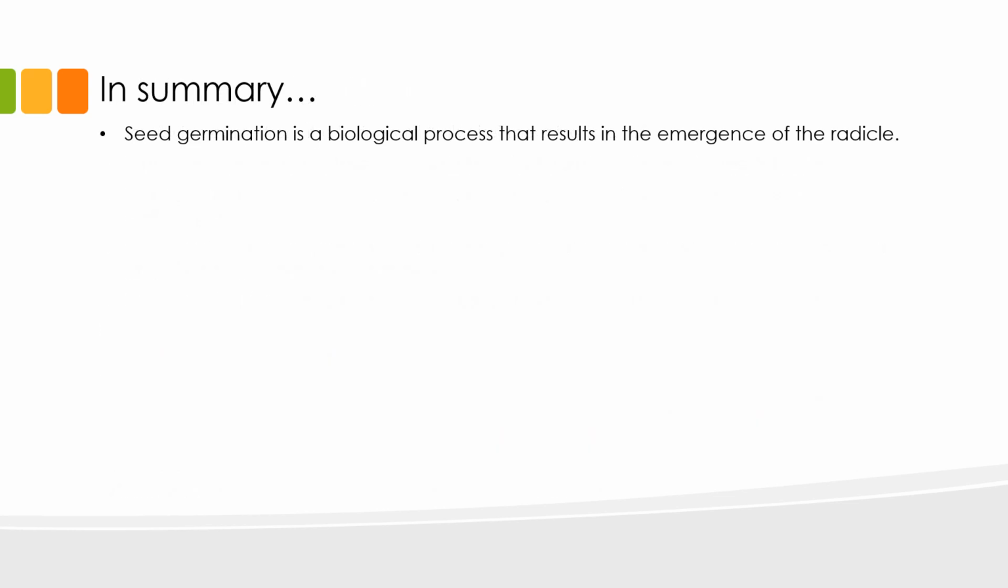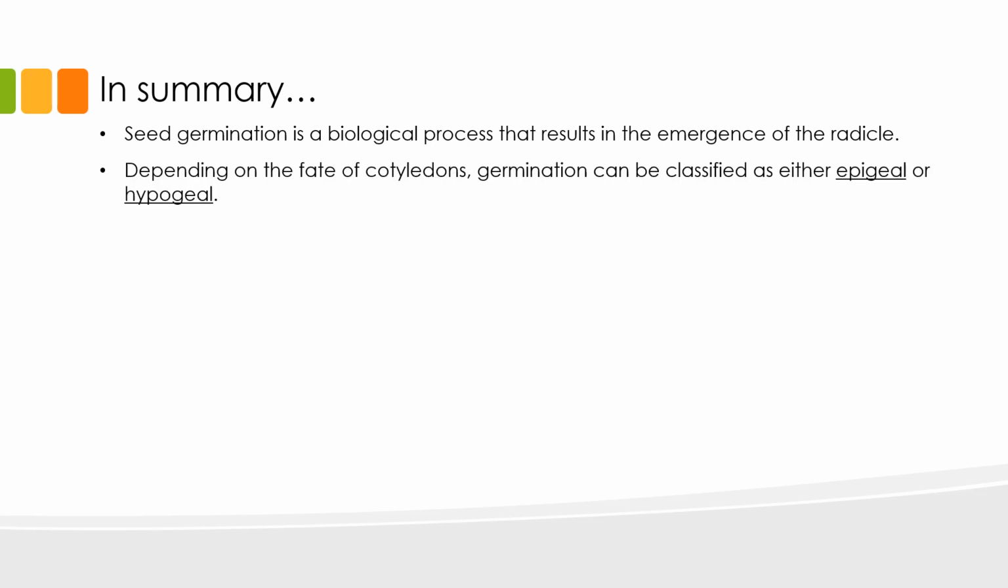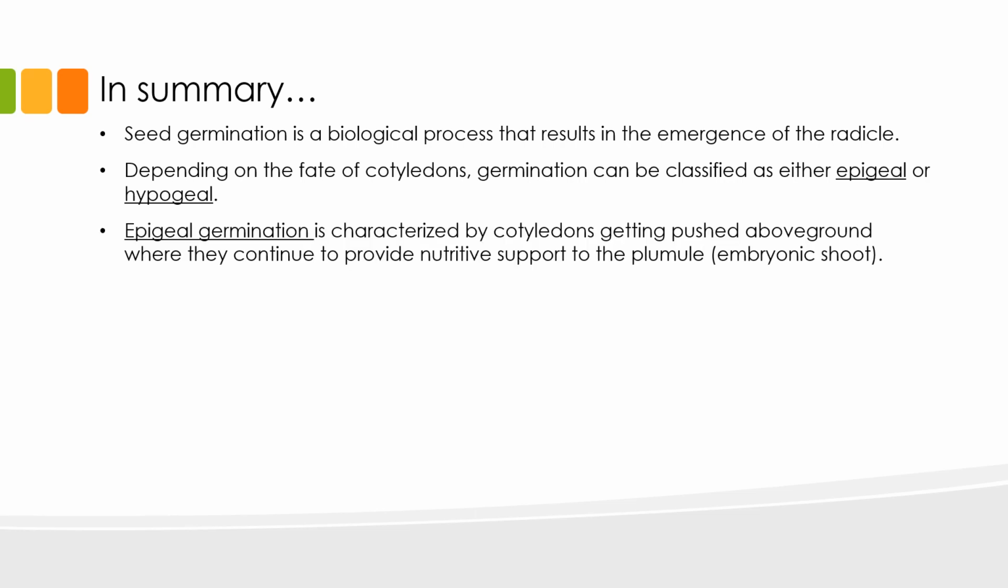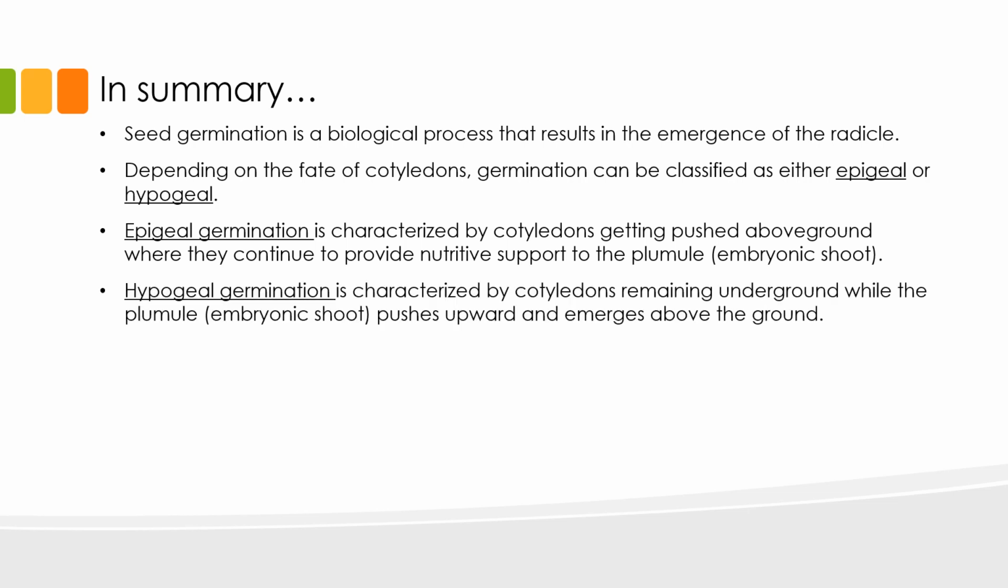In summary, seed germination is a biological process that begins with water imbibition of a dry seed and ends with the emergence of the radicle. Depending on the fate of the cotyledons, germination can be classified as either epigeal or hypogeal. In epigeal germination, the cotyledons are pushed above ground where they continue to provide nutritive support to the plumule or the embryonic shoot. In contrast, hypogeal germination is characterized by cotyledons remaining underground while the plumule pushes upward and emerges